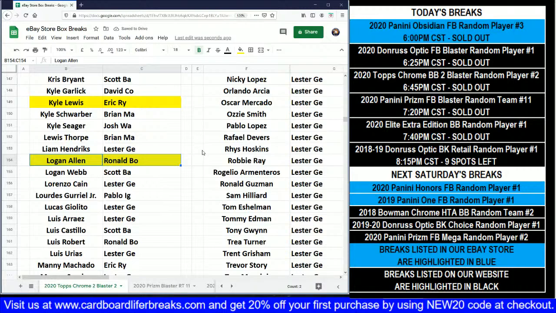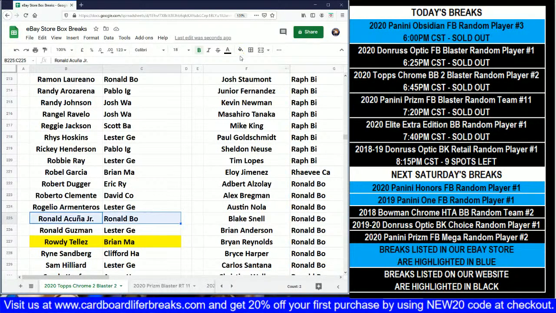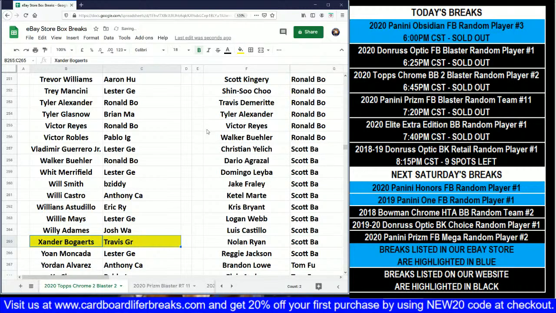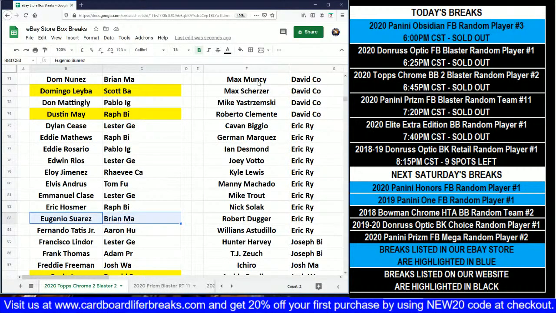Alrighty, so let's now go through our sepia refractors. First up is our Ronald Acuna, and that goes to Ronald. Congrats on that. And then Xander Bogaerts, and that goes to Travis. Congrats on that, Travis. Thanks for joining us this week. And then next is our Eugenio Suarez, and that goes to Brian. Congrats on that, Brian. And then next is our Ramon Laureano,